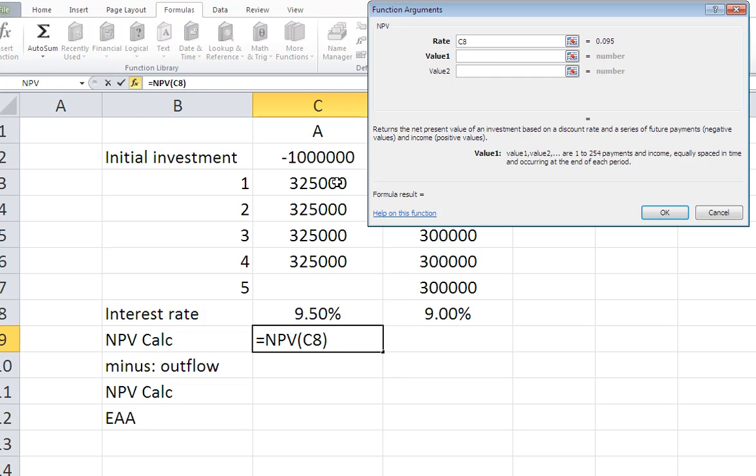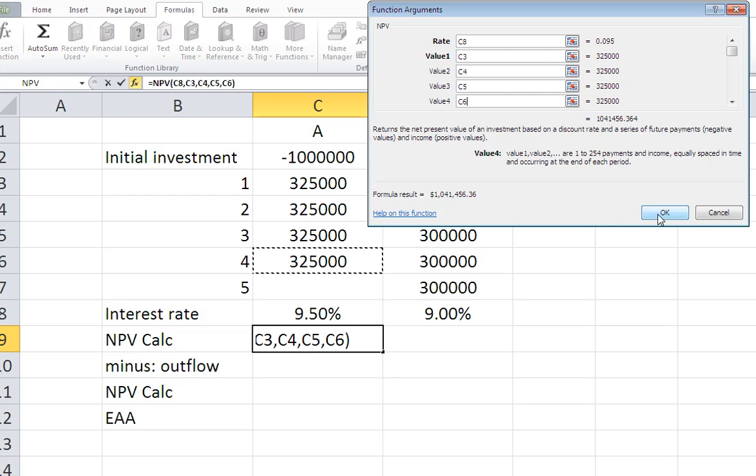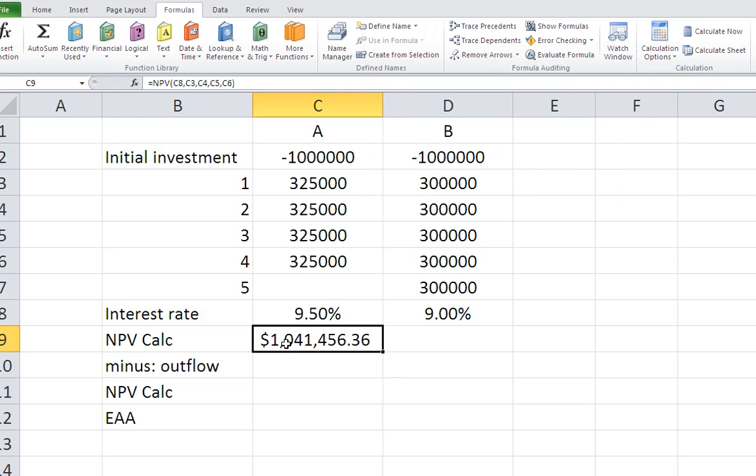Value 1 would be our year 1 inflow, value 2, year 2, value 3, year 3, and value 4, year 4. Go ahead and click OK. Gives us 1,041,456, but we do need to subtract that initial investment, so let me just go ahead and bring that